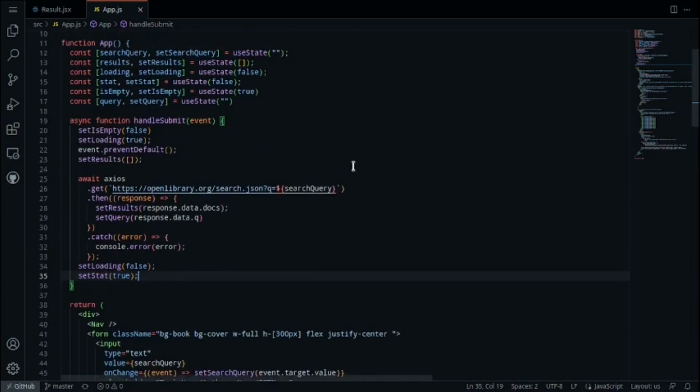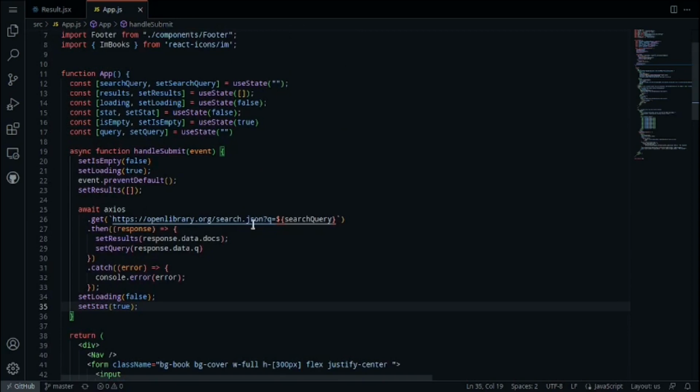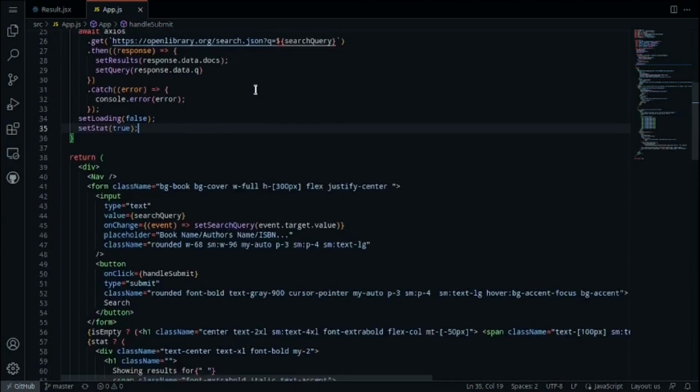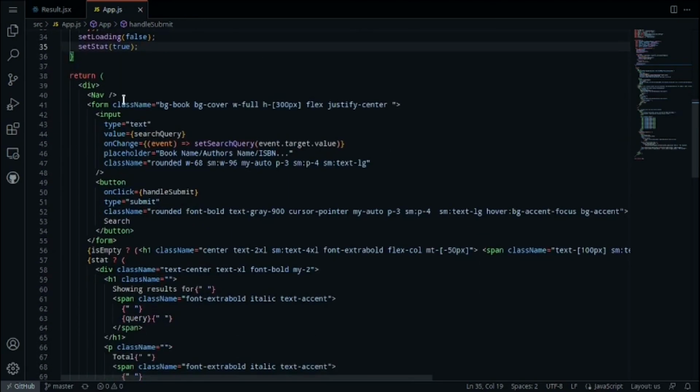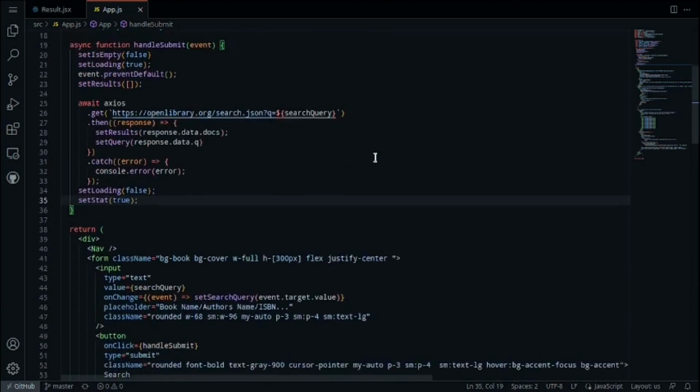So what is happening in this app.js file? Actually, I have added this Open Library API here, and in the URL, the search query, I have taken this as a variable and put this in this useState hook. Here the value of this search query is set in the form. The form is here, input. The value of this search query is set as the user gives the value in the input section,